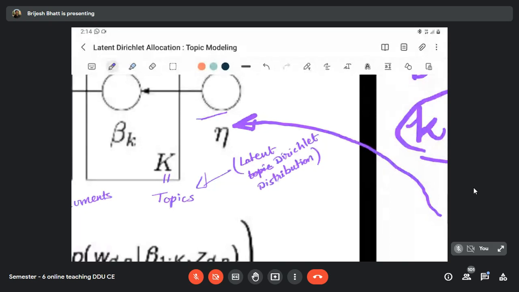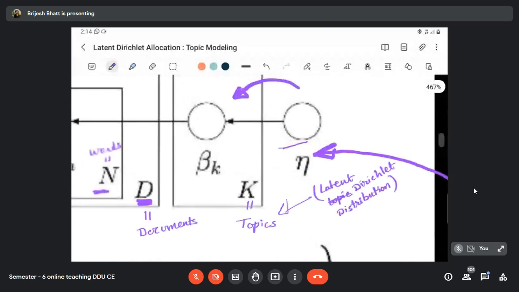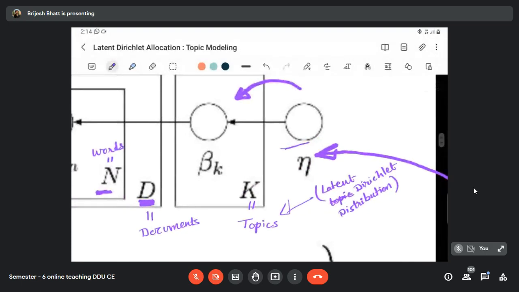Don't worry if you do not know this Dirichlet distribution, because we just need to make an assumption on the distribution. It won't have much of the implications. So we assume that the data is coming from a multinomial distribution, and for that we assume the distribution type is Dirichlet distribution. So topics are coming from Dirichlet distribution. That's why the name latent Dirichlet allocation. So what topics will be assigned to a word?